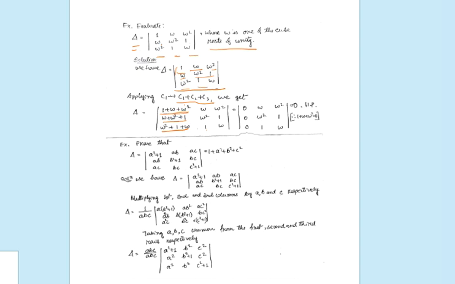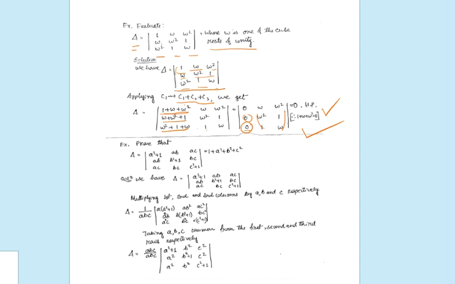Now this 1 plus omega plus omega square is 0. So easily you can find that the first column is 0, and the other columns will be the same. Now if any row or column is 0, then the value of the determinant is 0, which is one property of determinants. Or if you expand, 0 into these cofactors will be 0, again 0 into cofactor will be 0, and again 0 into cofactor equal to 0. So hence the proof.